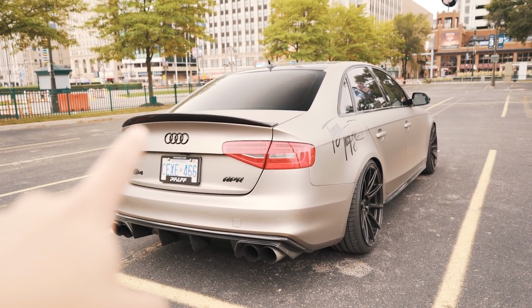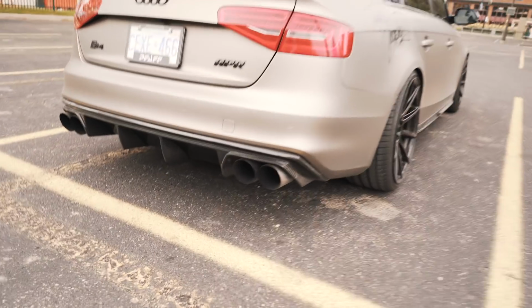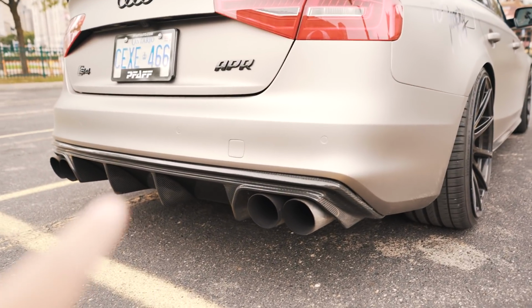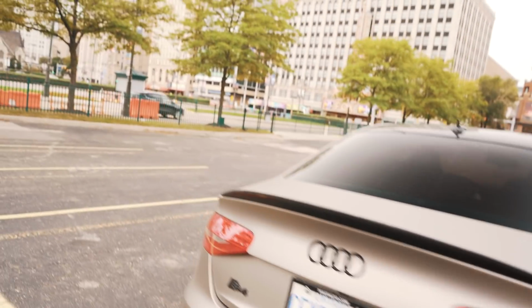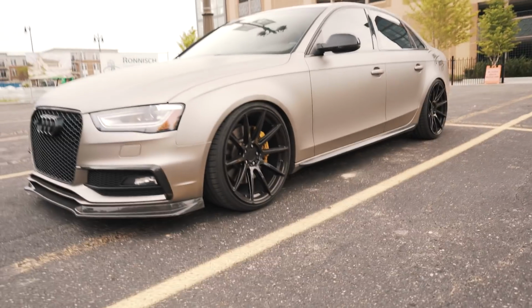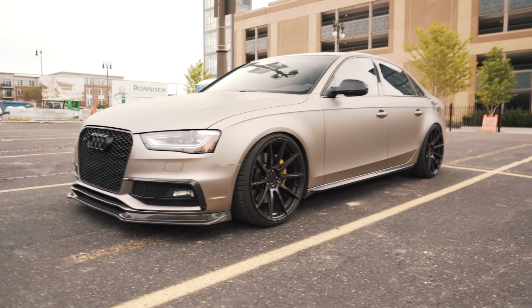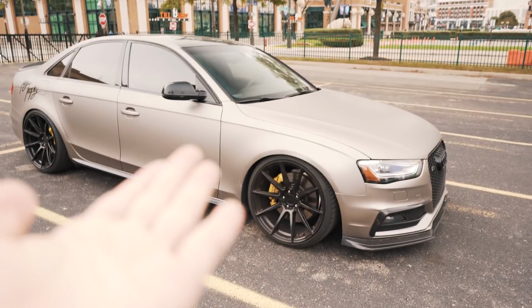Blacked out badges, the inlays, spoiler, quad tips, 4-inch, and the carbon fiber diffuser by ECS. Obviously, I'm running coils. I think I dialed the height in pretty darn good as well. Let's take a look at that. That's pretty darn good, huh? So this is, I guess